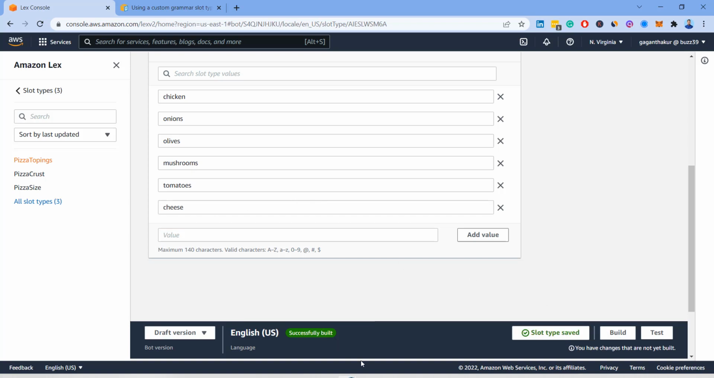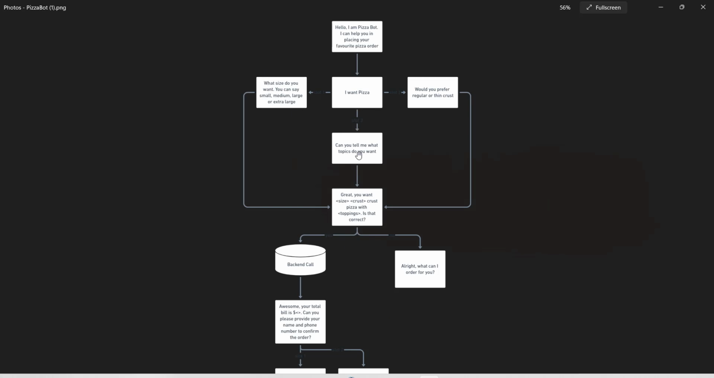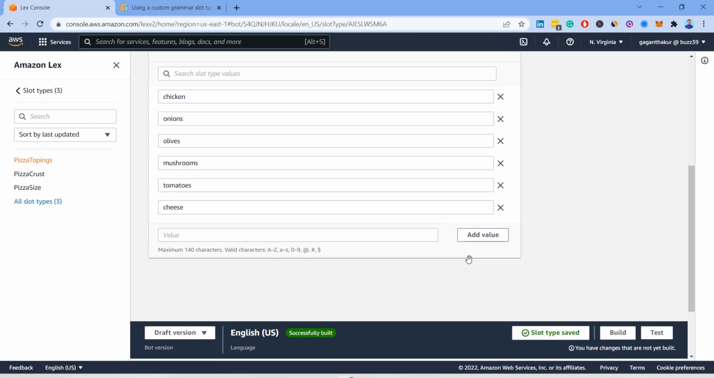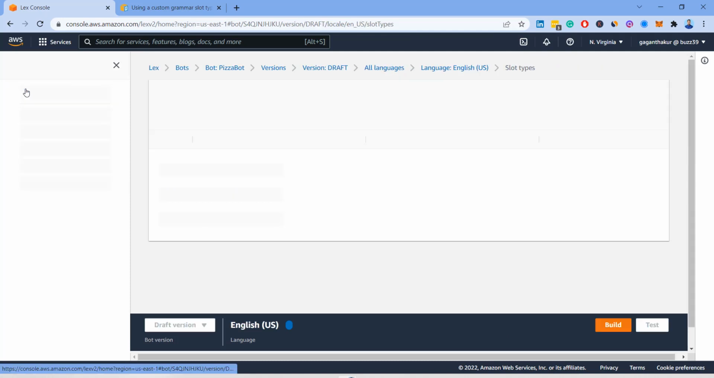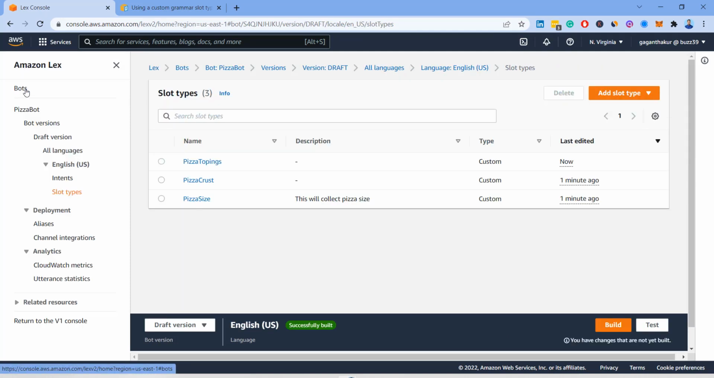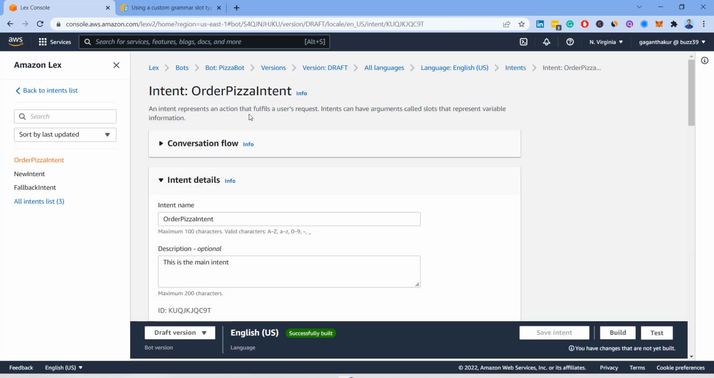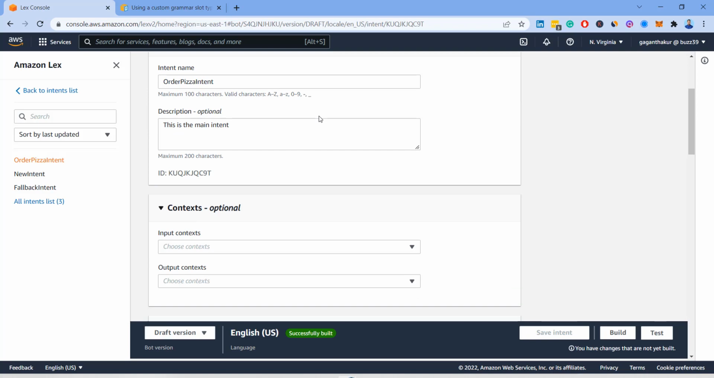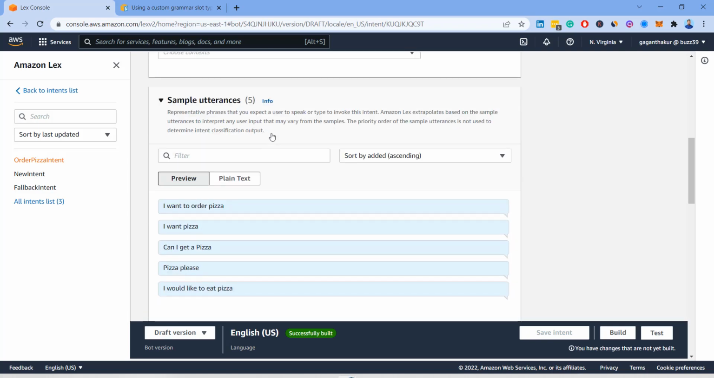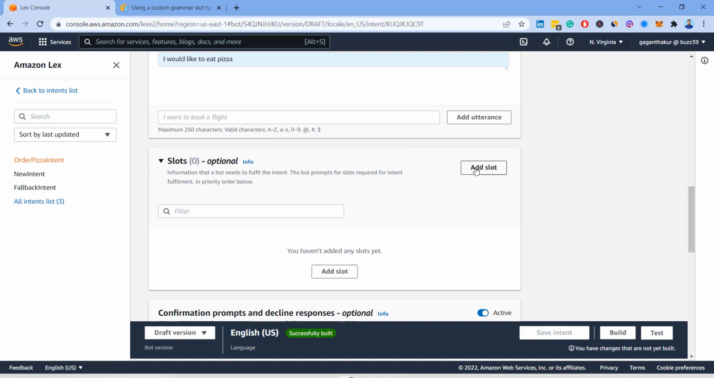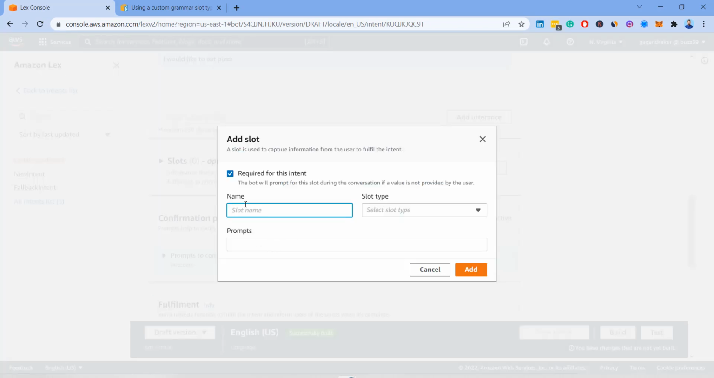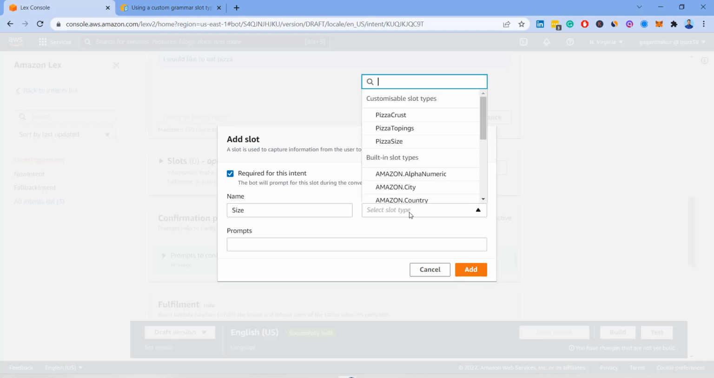So we have created these three slots, and these are going to capture these three values. Now I will go back, and now we will actually link these slots with the intent. So I'll click on intents, and now I'll click on the order pizza intent. Whenever somebody says that they want to order pizza, I want to make sure that they also give me further information regarding the size, the crust, and the toppings. So I will go to the slot options, say add slot, give it the name size, and select from here pizza